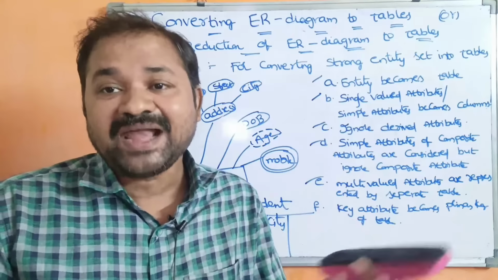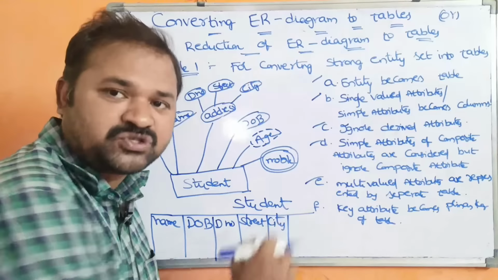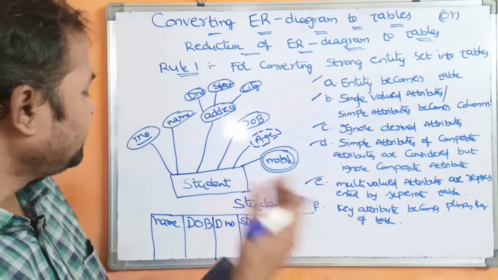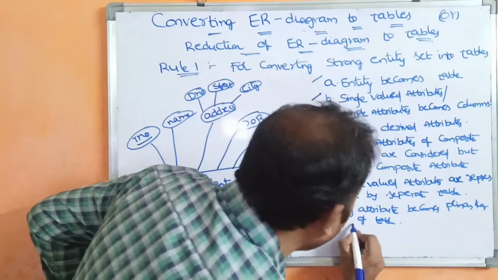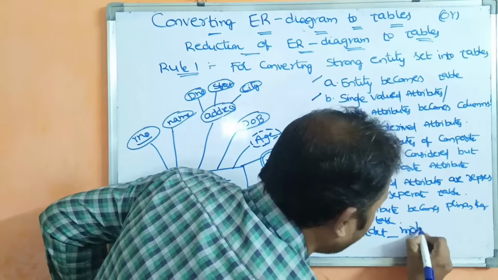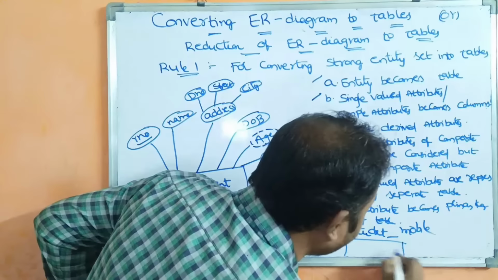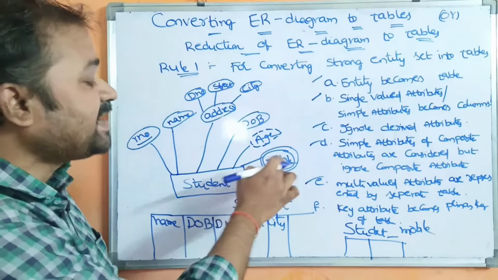So multiple values are stored in the table. But here, in a column, we have to store only one value. So that's why we need to create one more table. Let the name of the table be student_mobile. The fields or the columns of this one are the primary key as well as mobile